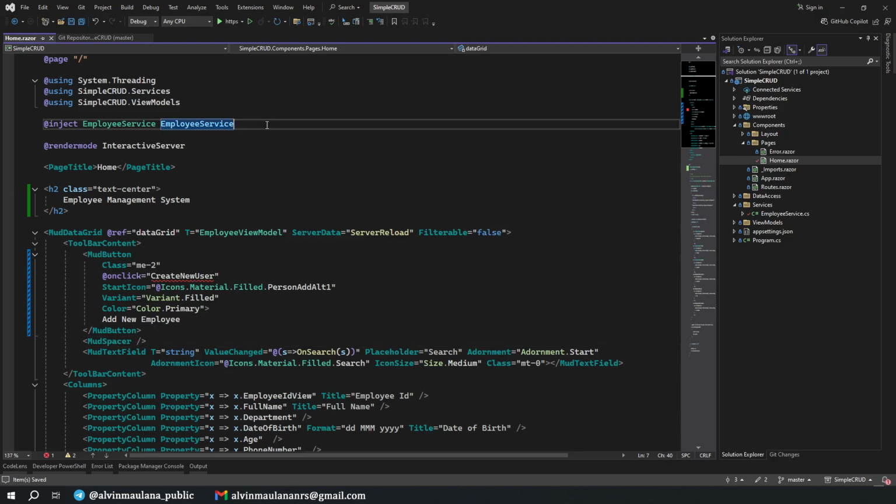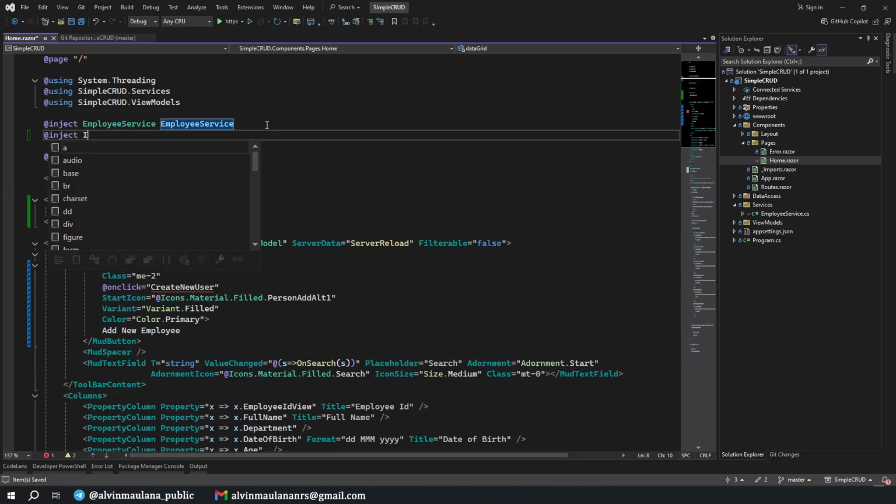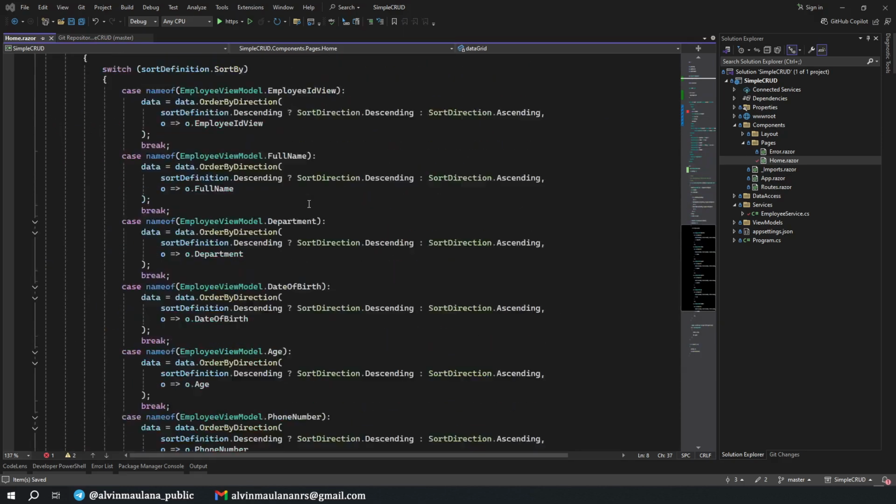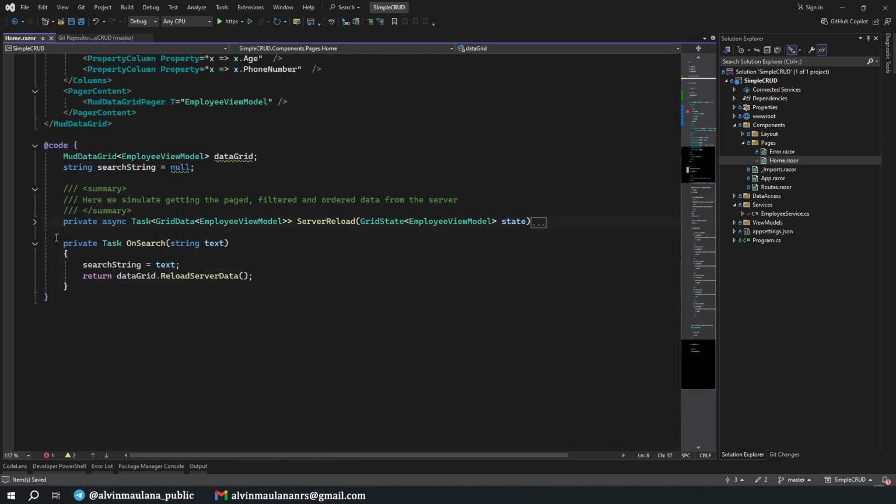But first, let's inject IDialogService, with capital D, DialogService. This one is like a Bootstrap modal pop up, something like that, and this is a MudBlazor component. And we have a function. I think we can minimize this.